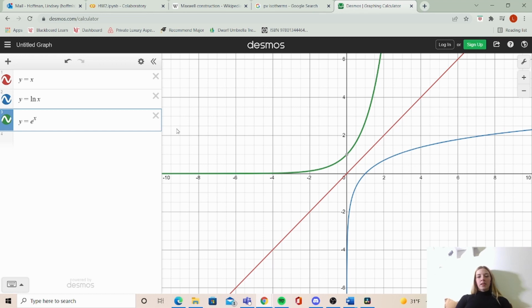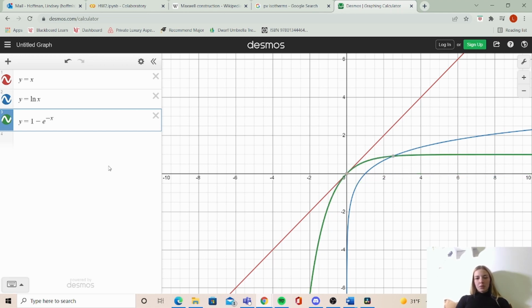Well, that one's pretty good, but it's kind of going the wrong way because we want this to be like that, but it's just kind of flipped a little bit. So we could try negative of both, and that's really what we want. And if we do 1 minus that, it'll bring it up to our 0, 0 point here, and then we can manipulate that